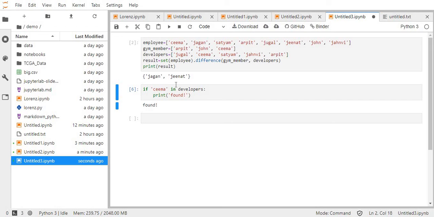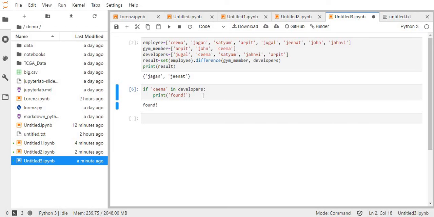Now one last thing we'll see, that is membership tests. Sets are very useful for this. Let us look at what exactly a membership test is. Let's say if Seema in developers, print found.